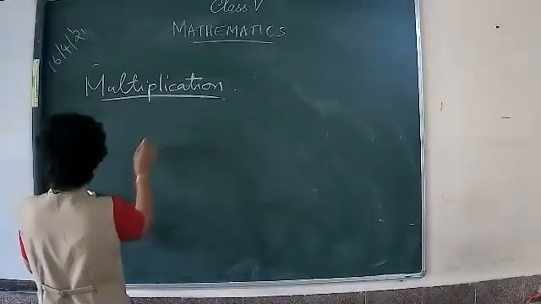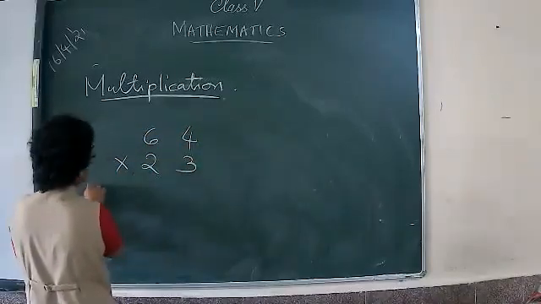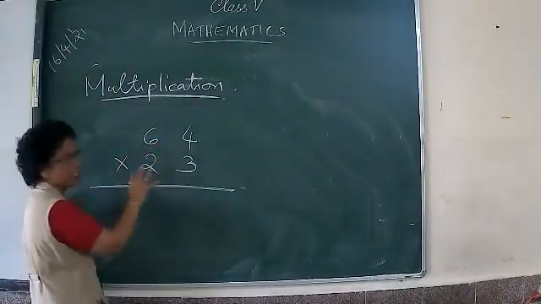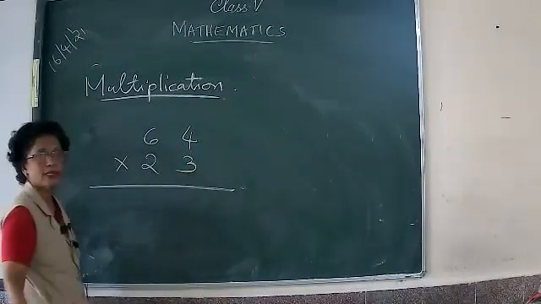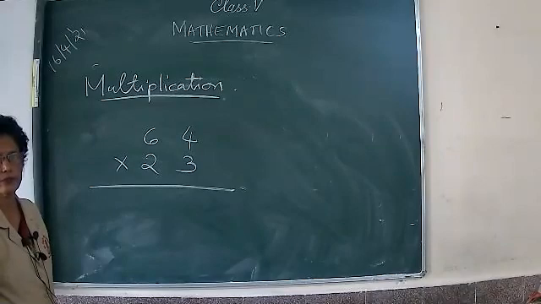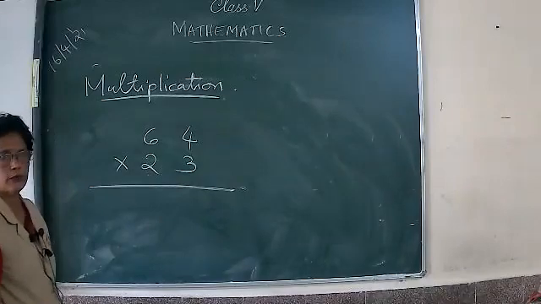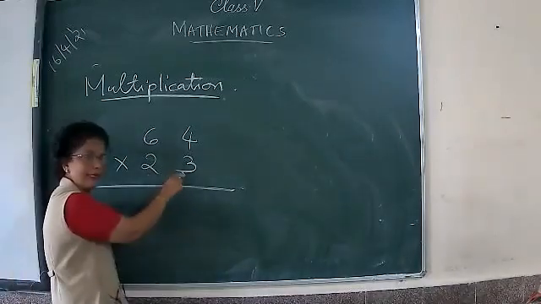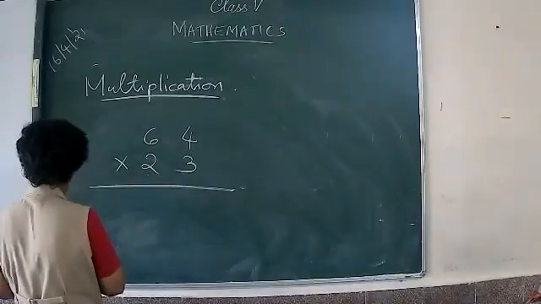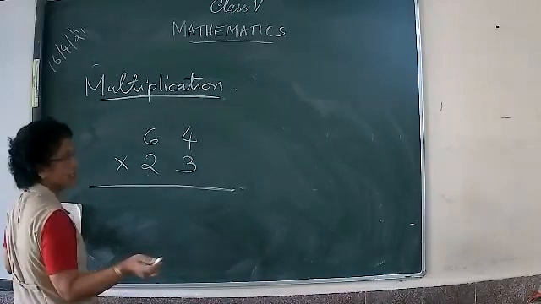2-digit number we can take there. For example, 64 multiplied by 23. So when you multiply the numbers there, arrange the numbers properly, children. 1's place and 10's place. Okay, be careful there. Try to do this sum, children. Here 2 digits are here. What you have to do in that case? First we multiply by 3. And after that, in the next step, we multiply by 2 there. Isn't it? Yes or no, children? So you can start there.